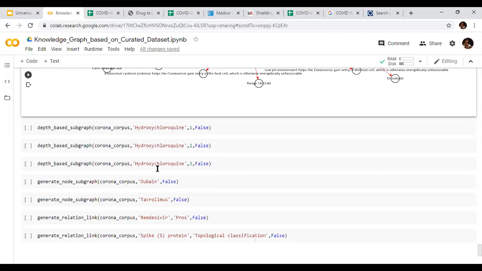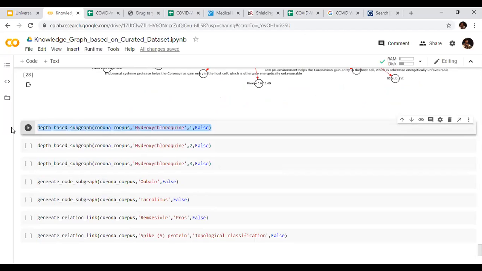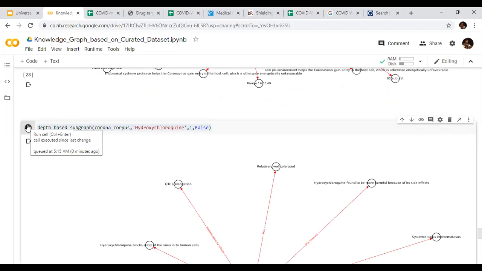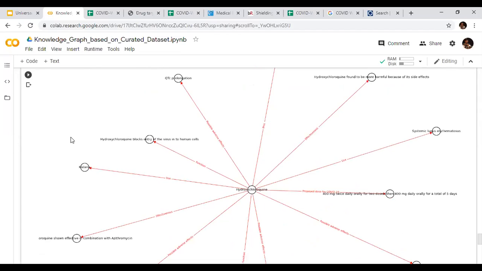So very quickly, I would take a real example where I would show how we can see the information about hydroxychloroquine. This was touted as a potential drug to tackle COVID-19. If you want to see the different attributes related to this drug, you see them here: what is the effectiveness, what are the pros, what are the possible adverse effects, how does it function, what is the proposed dose,